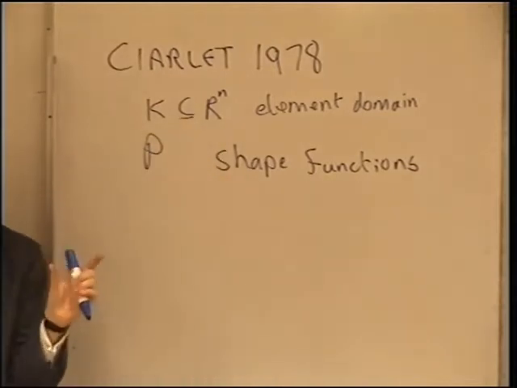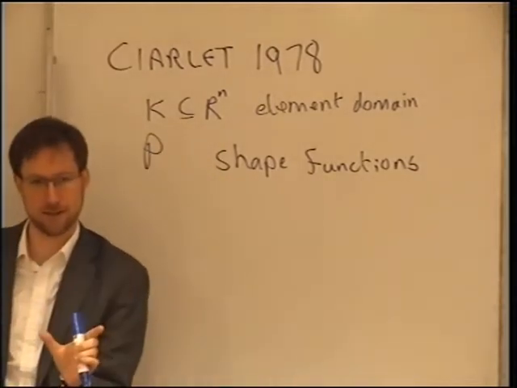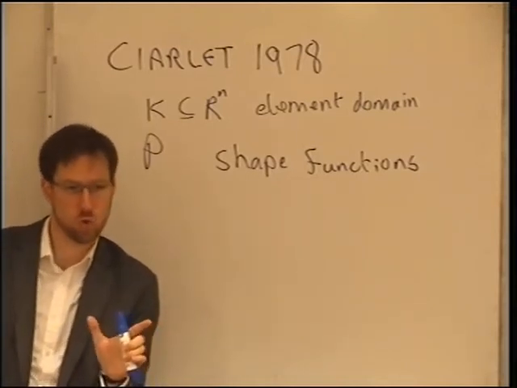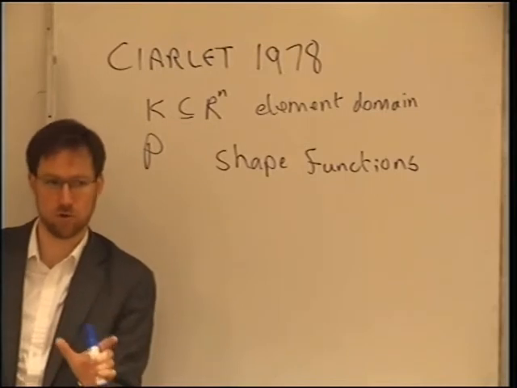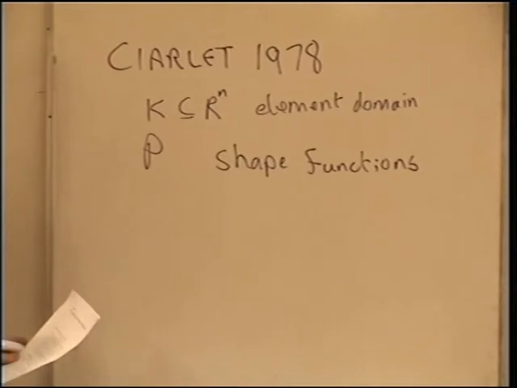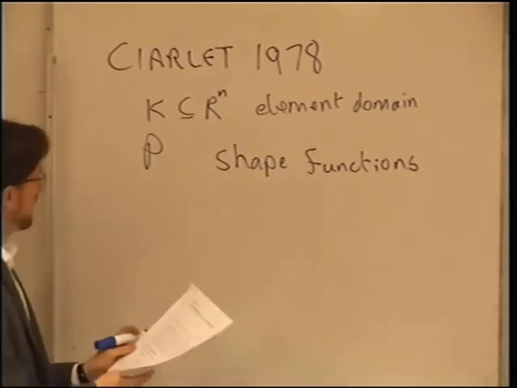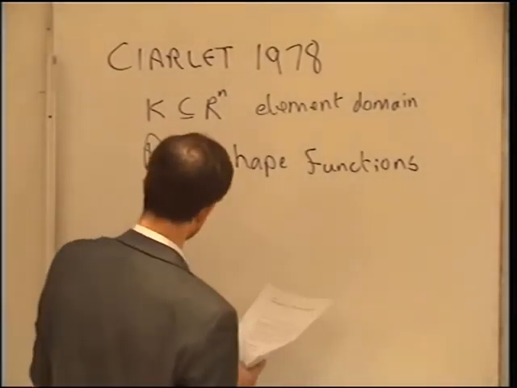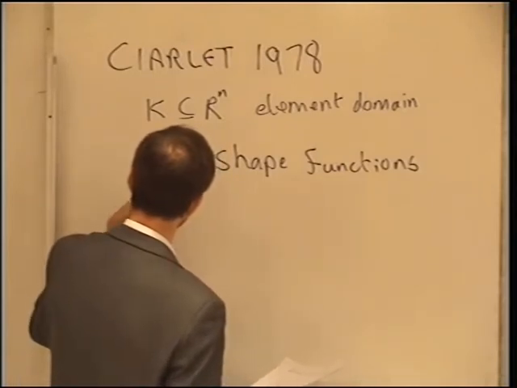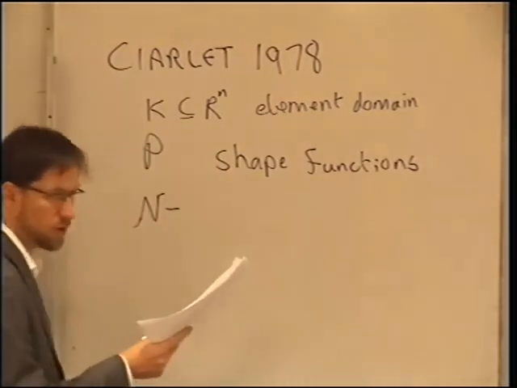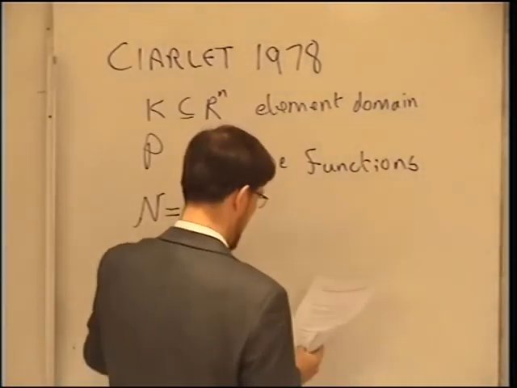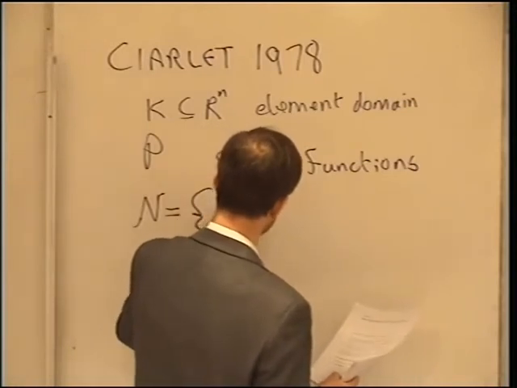So if I have a one-dimensional domain and I have piecewise linear polynomials, then the basis happens to have 2 members. So that's a 2-dimensional function space. And then finally, what we need is N, which he writes in a complicated and curly way, which I'm going to have difficulty reproducing on the board. And N is a set